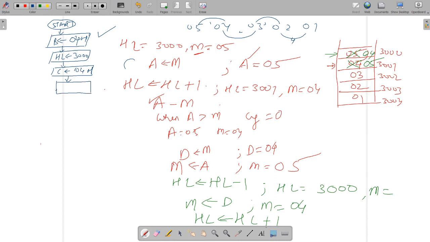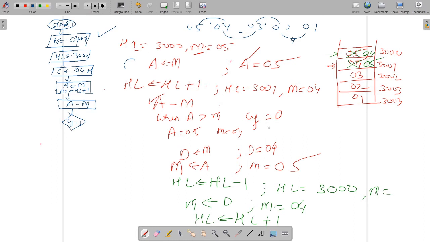This is the operation because we are moving something. So M will be shifted to the accumulator. Then you see HL will be, just write all these things because I have already explained this. Now this A minus M, this is not a subtraction, this is the comparison. So it will be A minus M, and this is another type of subtraction, you can say. So you see carry will be equal to 1.